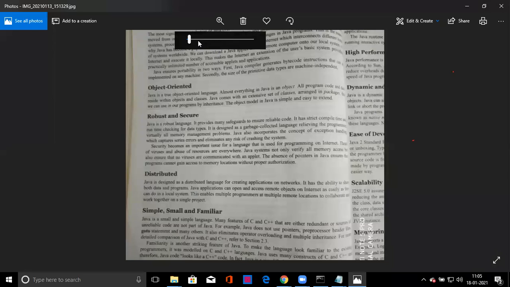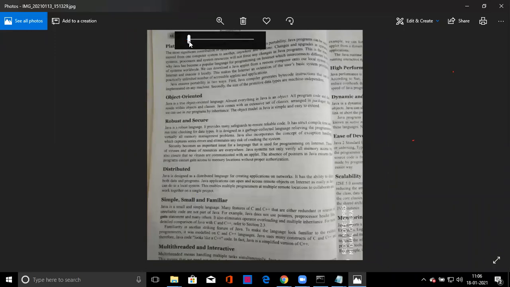Okay, so here we have seen different features. The first feature is Java is compiled and interpreted. Okay, Java is compiled and interpreted in 2 stages. Your compilation is done. I have already shown you in the practical, that is using the javac. First you have to compile, then you only using your command that is java you have to execute. Okay, so 2 steps in the compilation phase. What happened? Your source code will be converted to bytecode first. Okay, source code is converted to bytecode.